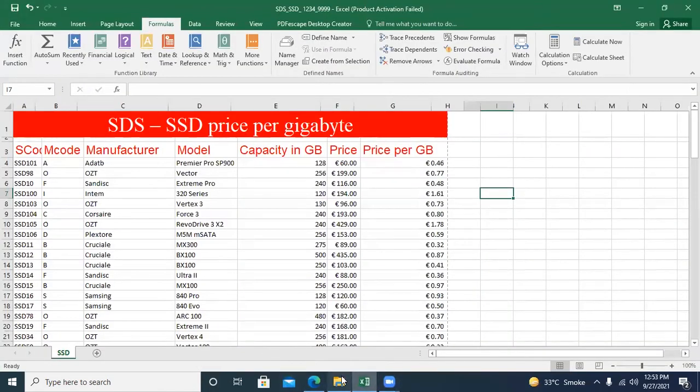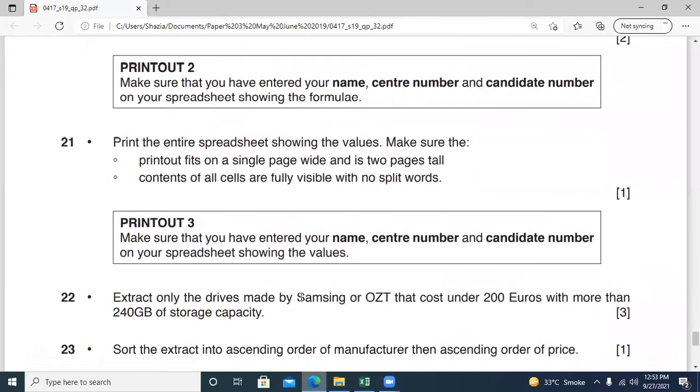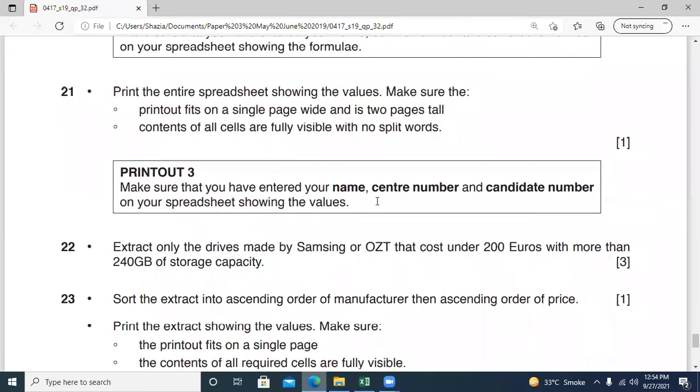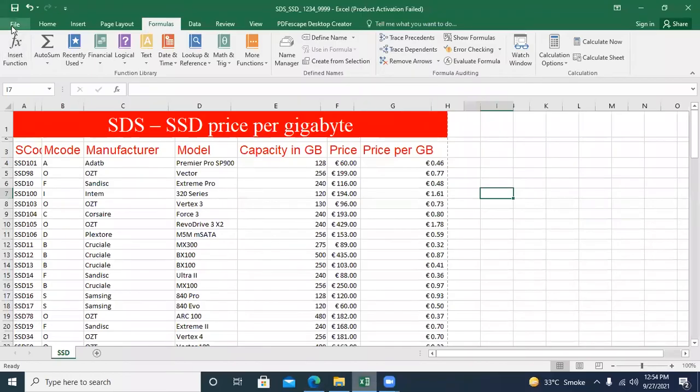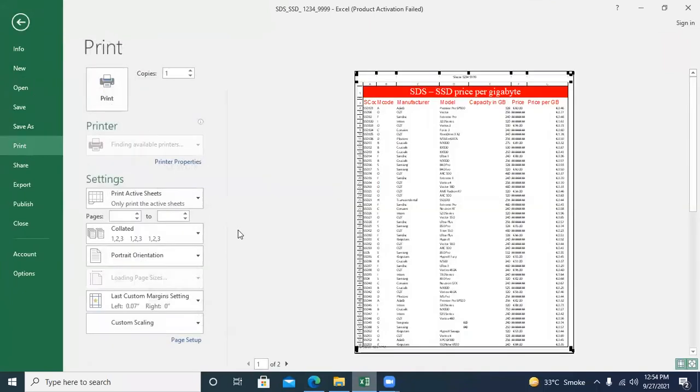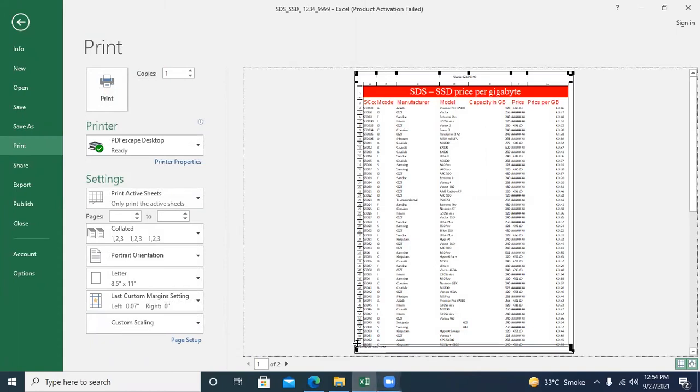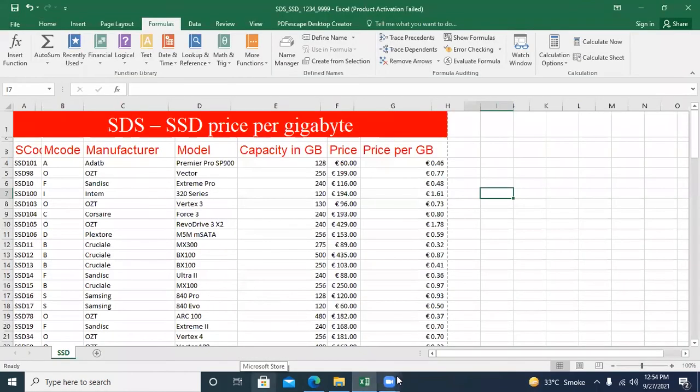Now the next step is to make sure you have your name, center number, candidate number. Yes, it was coming in our printouts. Your center number is also coming on the footers. Here is the center number, and date and time is also coming. So back to the data model.